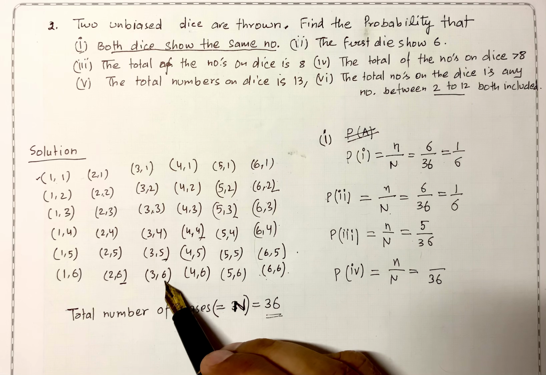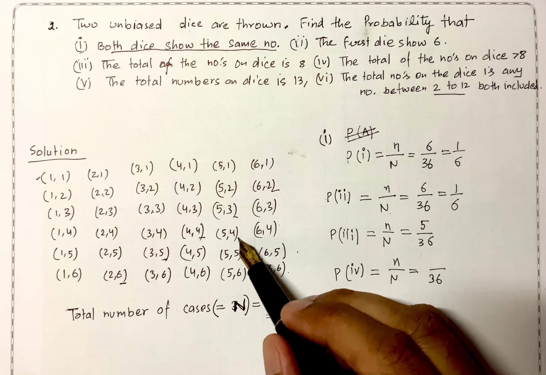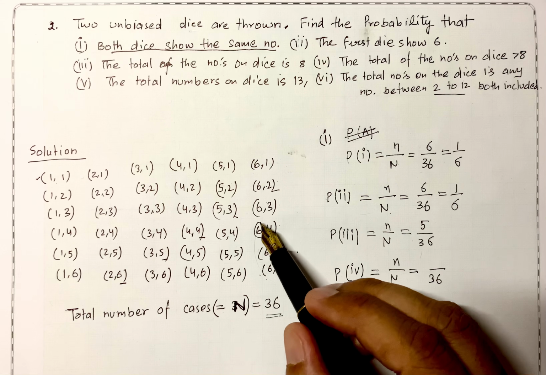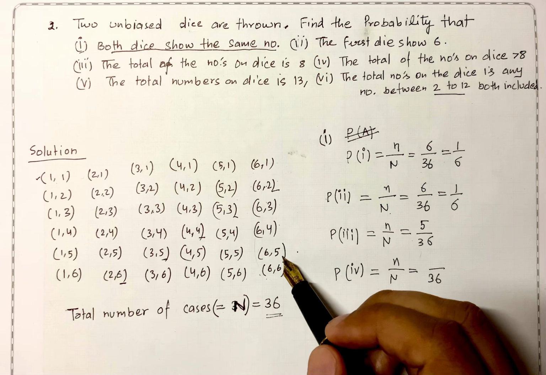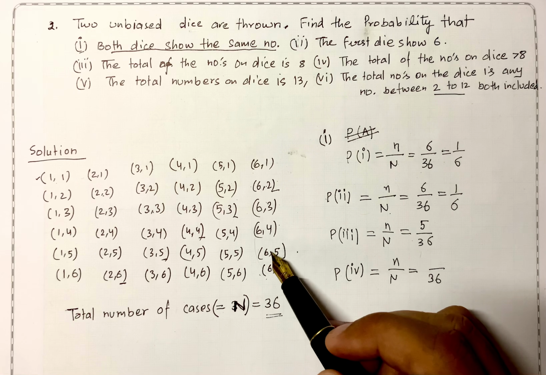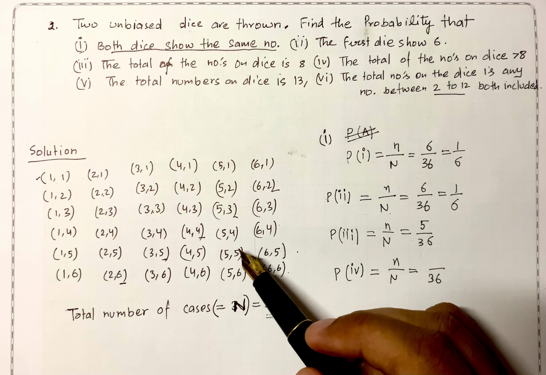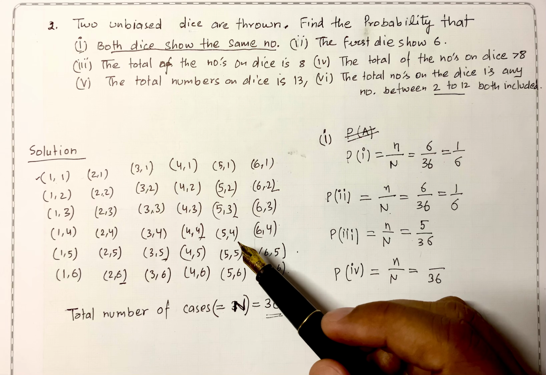So look at this: 6 plus 3 is 9, 5 plus 4 is 9, 4 plus 6 is 10, then 9, 10, 11, and then here it is again 6 plus 3 is 9, 6 plus 4 is 10, 11, 12. So if I look into the cases, 1, 2, 3, 4, 5, 6, 7, 8, so in total there are 8 cases where